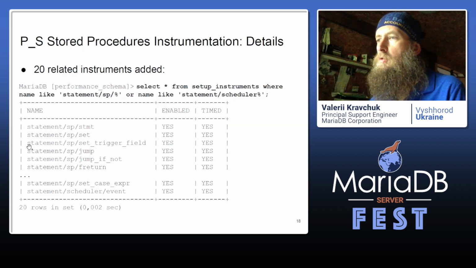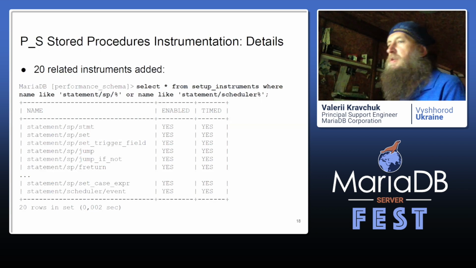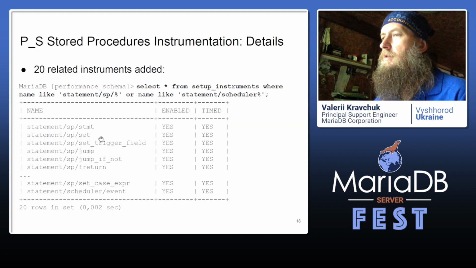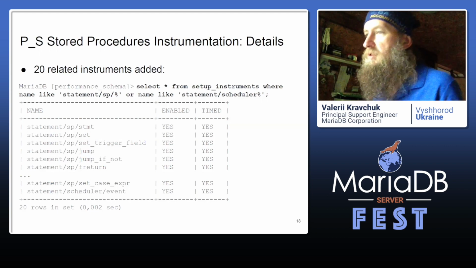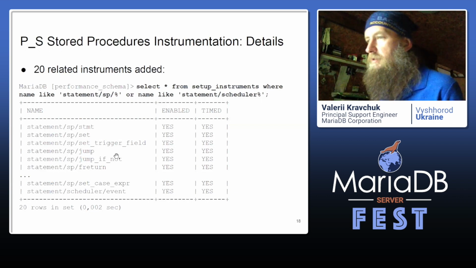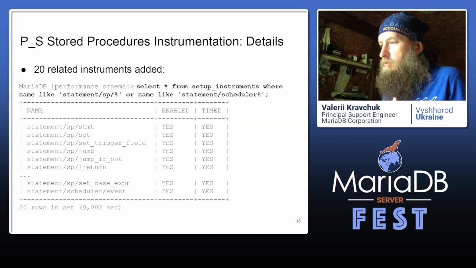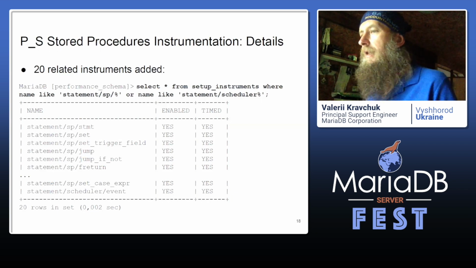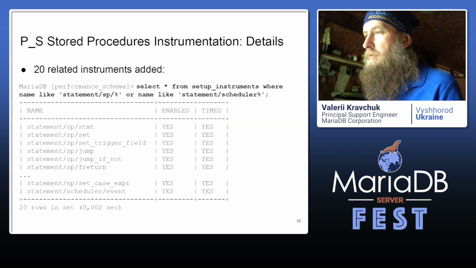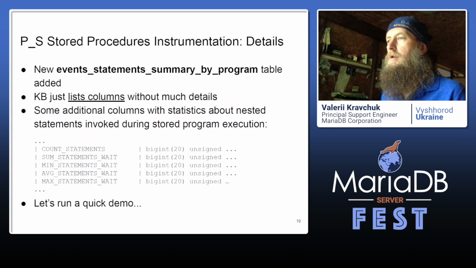All the other instruments, and there are many, are called statement SP, stored procedure. And you will not find your familiar, typical stored procedure commands inside. They're kind of abbreviated. So there are jumps, return, set, and so on, but not literal statements that you may be used to. Still, you can set all this instrumented, and then you can see how it works.